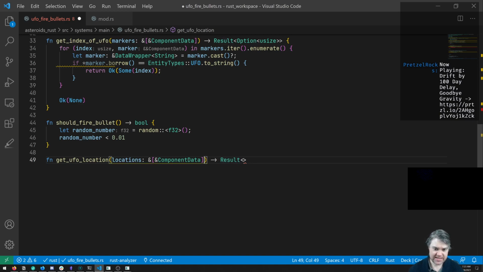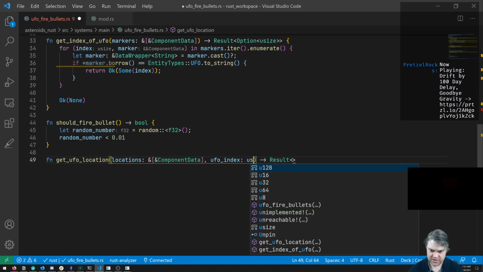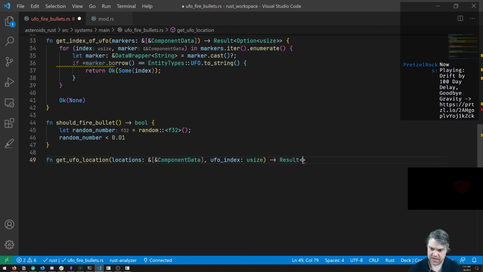Oh, we do need the index. So need the UFO index, which is a U size. And we're gonna return a point. And I'm gonna clone that point because it needs to give ownership anyways. We need ownership of it regardless. Okay, so